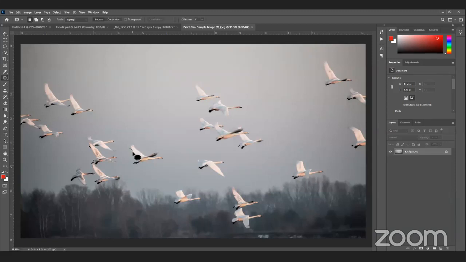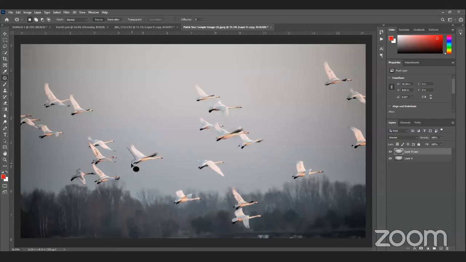So what I will do is move around and create a marker around this bird, move it. Yeah, the bird is gone. So let me do it again. Create a copy of the layer and then try again.